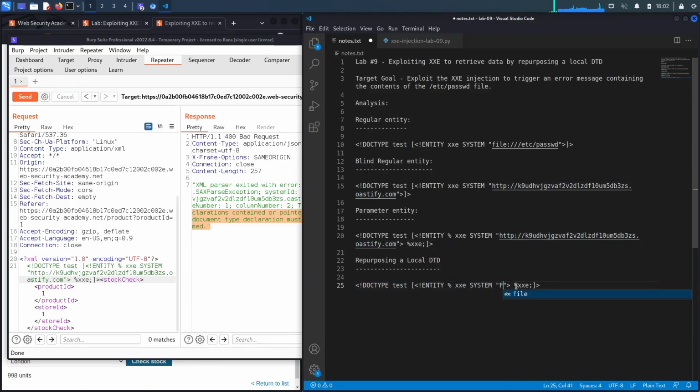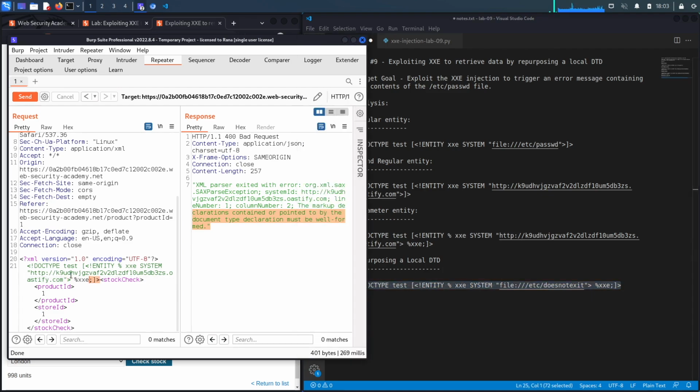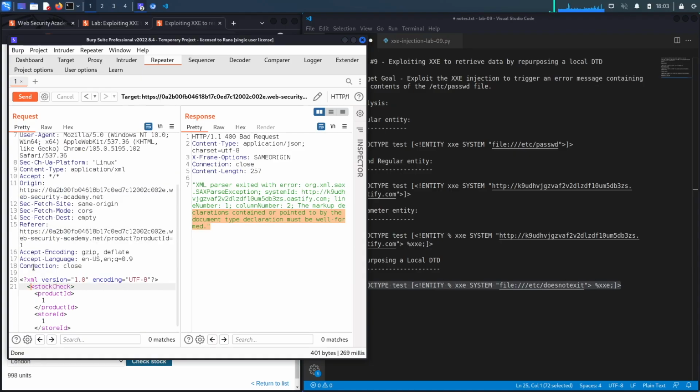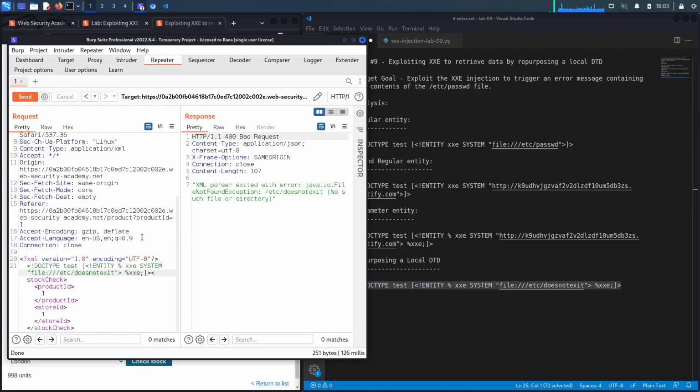So what we're going to do is we're going to try again with the file keyword and try to access a DTD that does not exist. So let's say XXE does not exist, so we know for sure that this file doesn't exist on the system. Let's copy it, put it in here. Hit send, and the error changes. So you could see over here it says XML parser exited with error, and it says XXE / does not